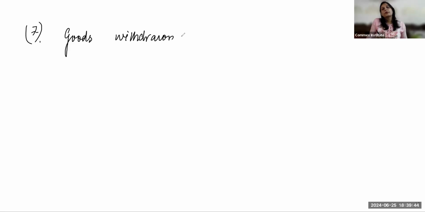Then we have the next entry, which is the 7th one, relating to goods. Goods withdrawn for personal use. Okay, so this I had discussed